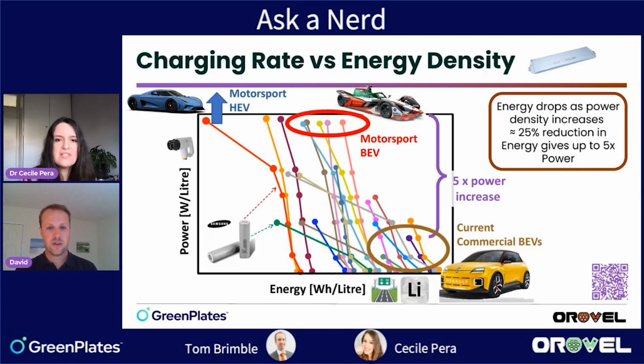This is one of the most interesting things I have seen when we prepared this presentation. I was not aware of that. Can you explain what we can see here, what we can conclude, and why that is important for fast charging? Sure. So we're looking at energy density against power density,